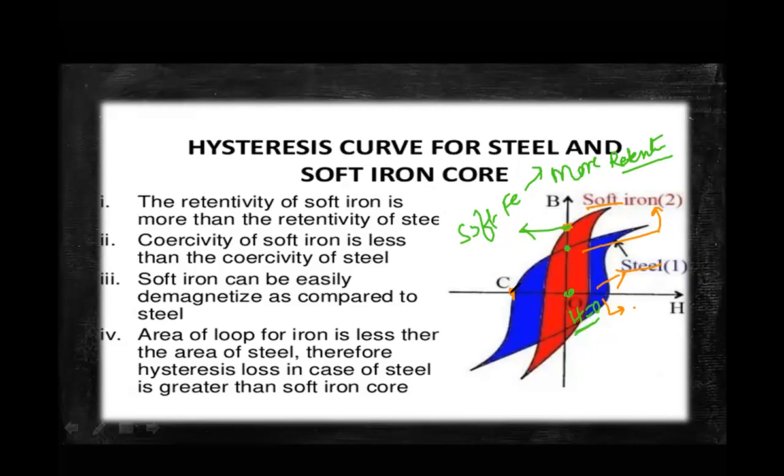So coming to the coercivity. What is coercivity? Coercivity is the point where the residual magnetization is made zero by applying a negative field. Moving from 0, this side is positive, this side is negative. When I apply the negative magnetic field across these materials, the residual magnetization that was present becomes 0.